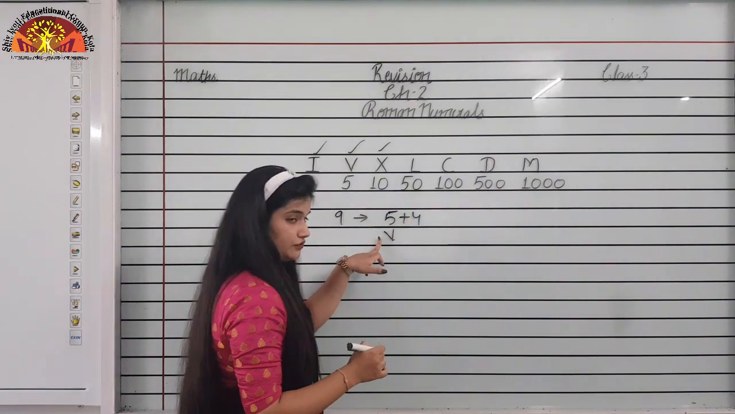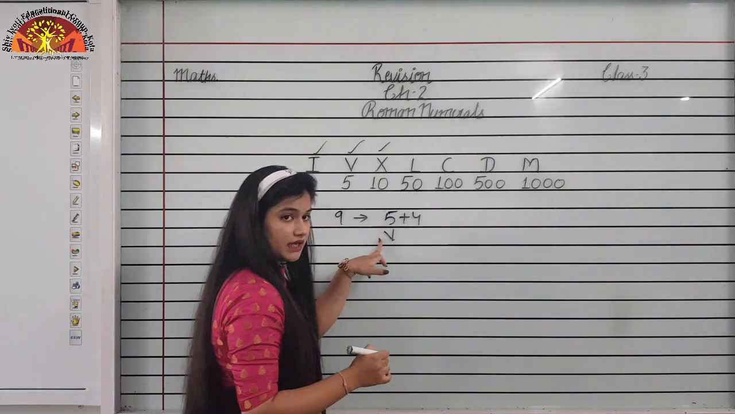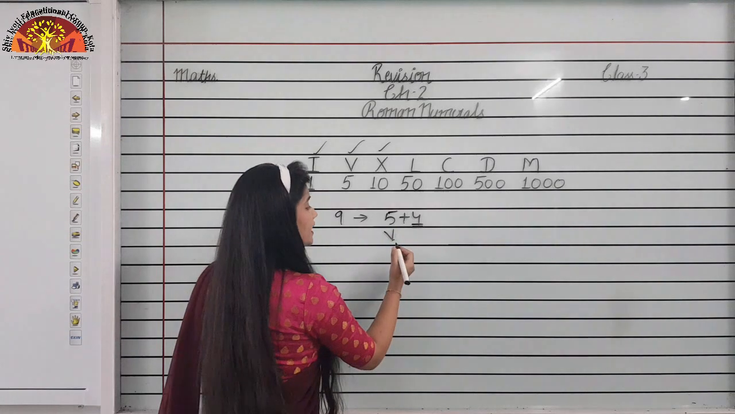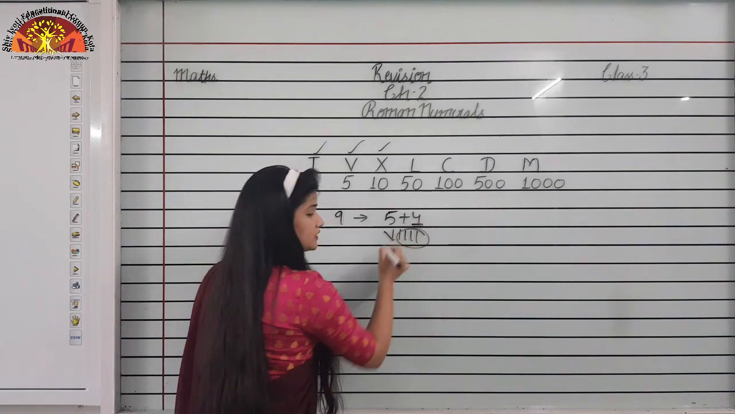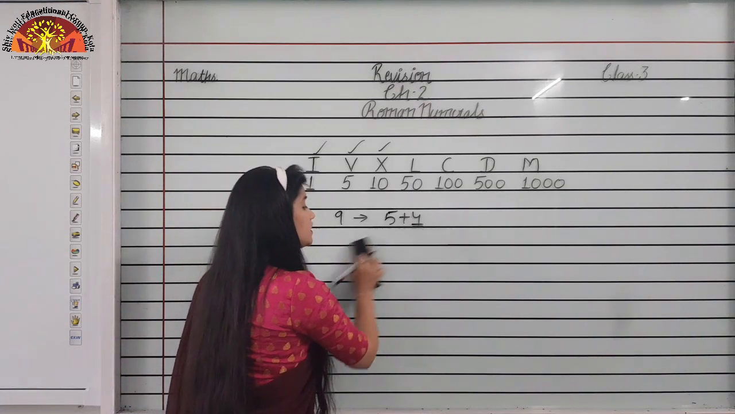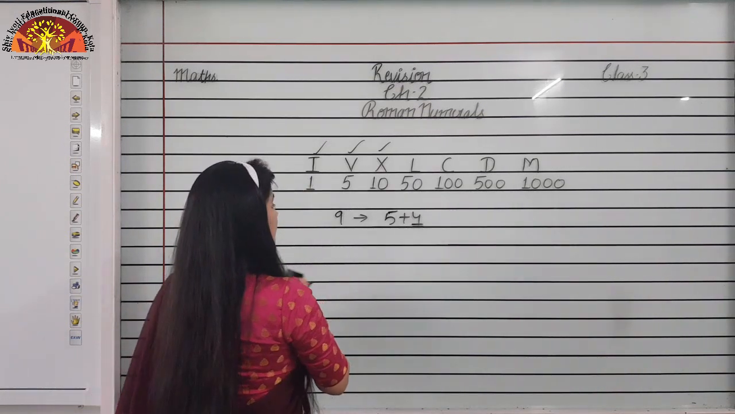For V I have to write V. 5 के लिए मुझे क्या लिखना है? V लिखना है. Now how can I convert 4? 4 को हम कैसे लिखते हैं? Is it correct? No. As I have told you, you cannot repeat the symbols more than 3 times. So now what we have to do? We have to write